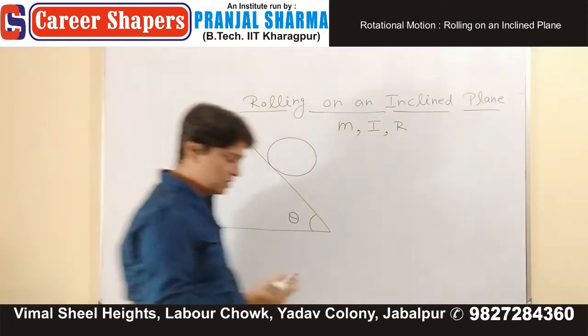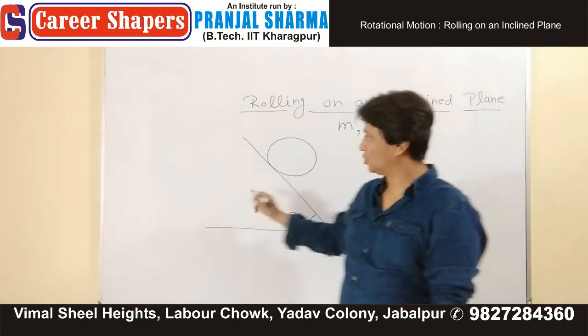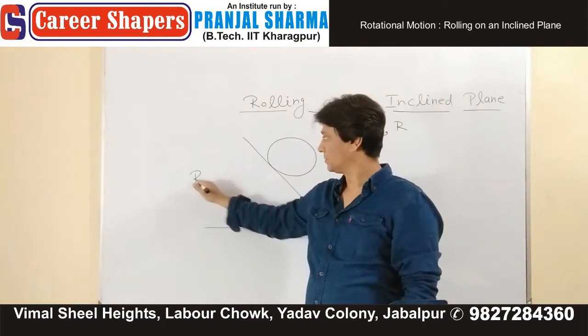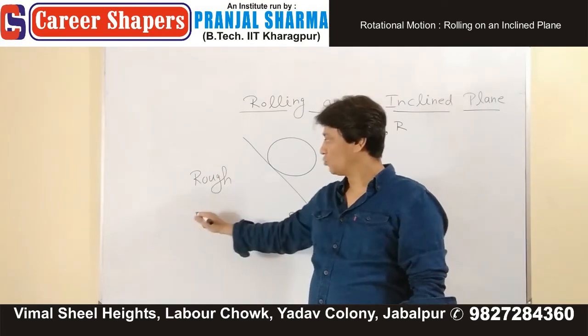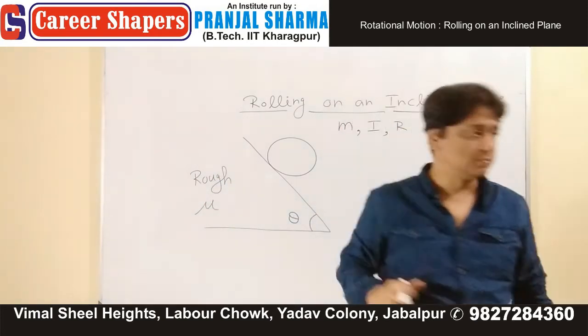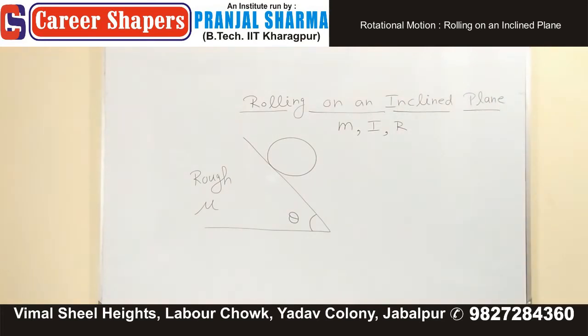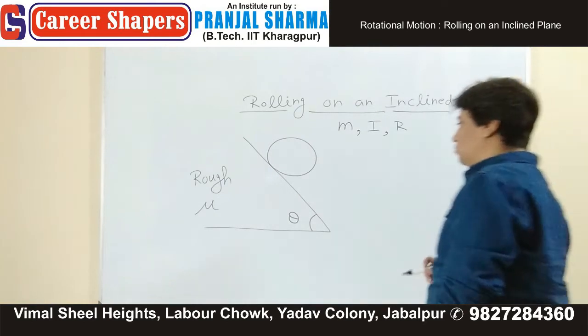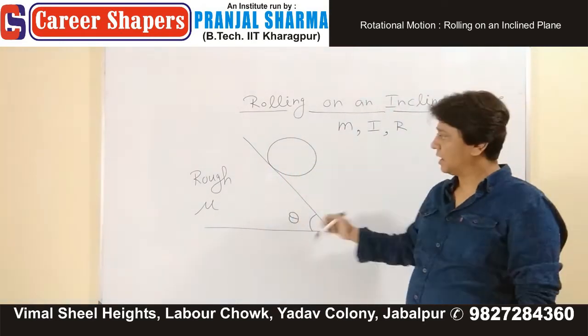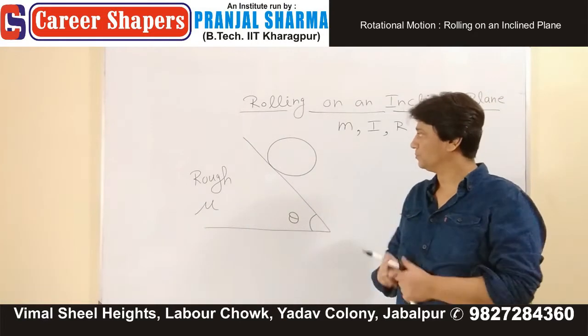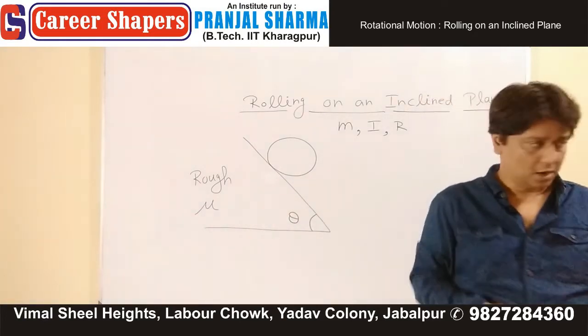We have been given that this inclined plane is also rough and coefficient of friction is mu. Coefficient of friction between the wheel and the inclined plane is what? Mu. Now,